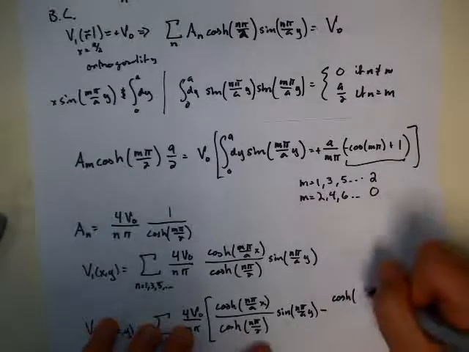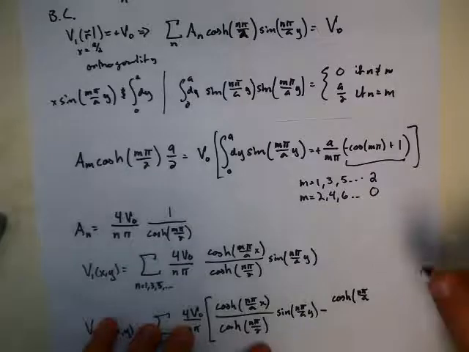So this is going to be cosh of n pi over a, and this will be y,